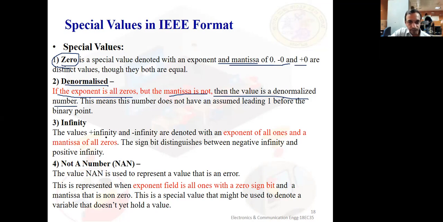Third one, infinity. How do you define it? Of course, infinity we cannot represent as we know, but in a floating point format, if you have all exponent bits as ones and mantissa of all zeros, then it is called infinity. Just imagine like 0 to the power 100, exponent all ones. That means exponent having some value, but mantissa is 0. 0 for anything is something which is not possible to write anyway. So that is infinity kind of a thing.